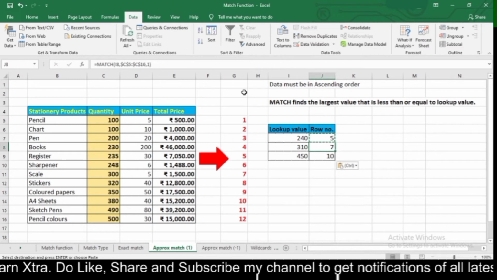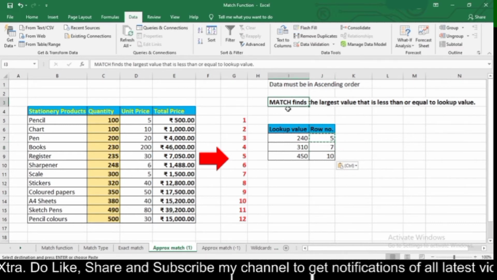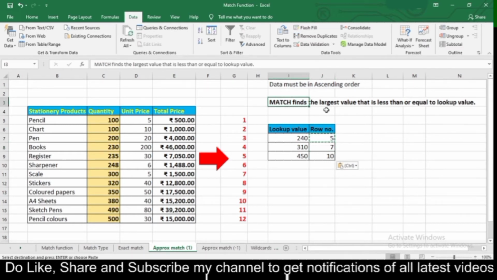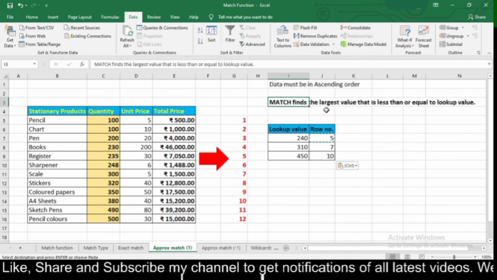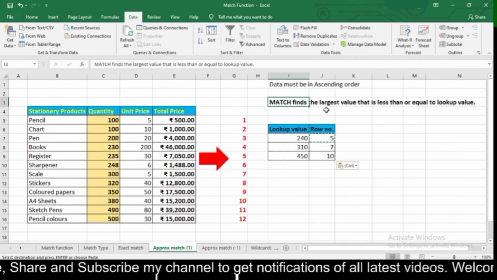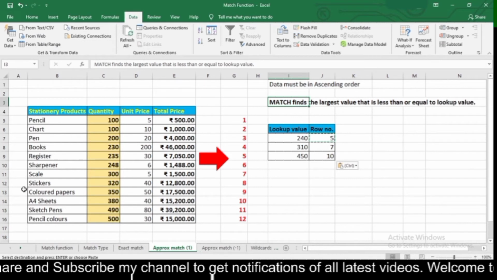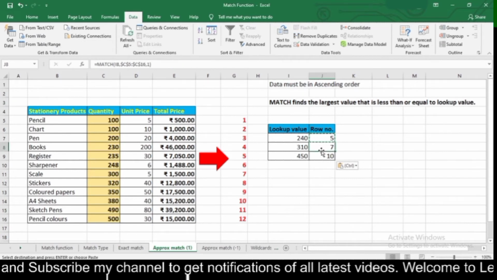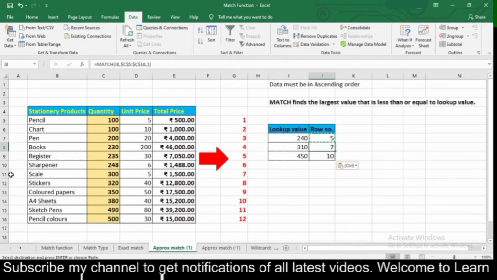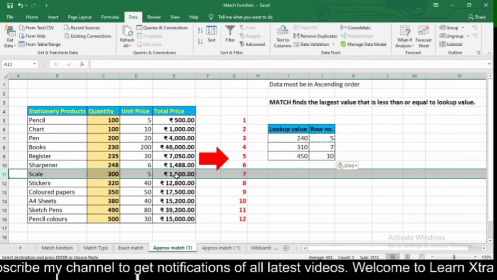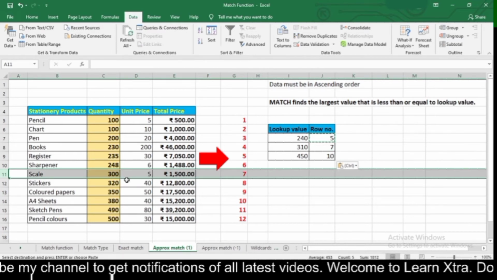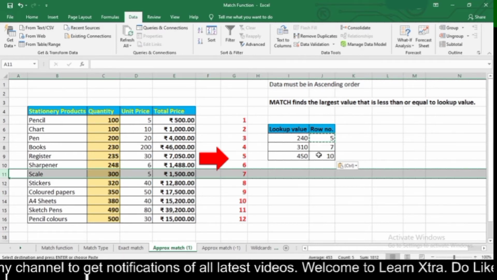That is why I got my answer as 7. So it means that the MATCH function finds the largest value that is less than or equal to your lookup value. So my 7 answer, that is my row number 7, is less than or equal to my lookup value.